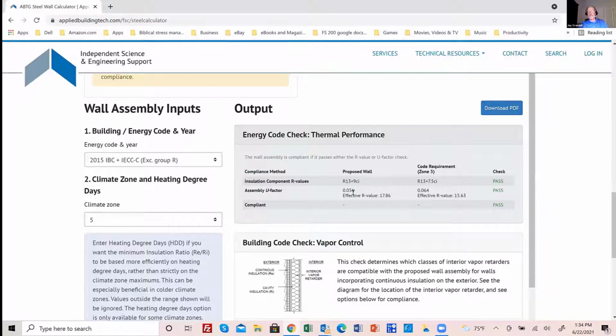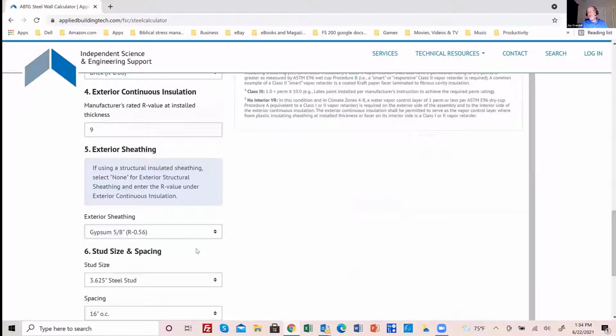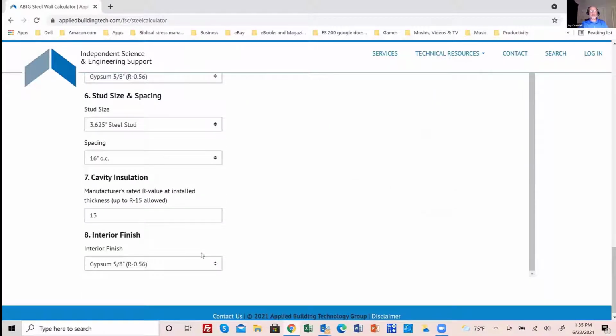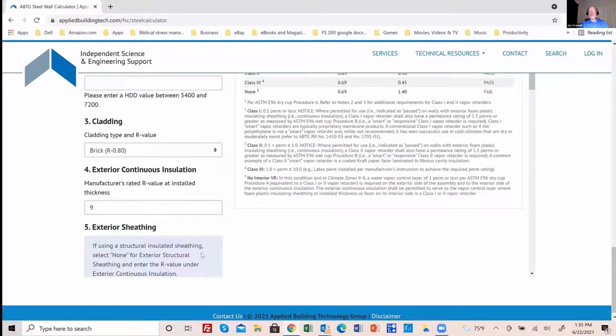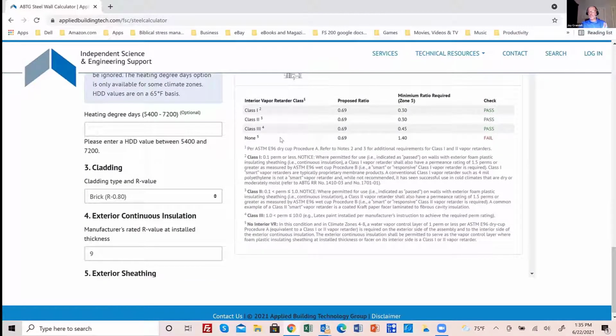In fact, it passes it quite considerably. So we could reduce the CI thickness a little bit if you wanted to. This tool would allow you to play around with that. But it still won't allow you to do the so-called perfect wall, where there's no requirement for an interior vapor